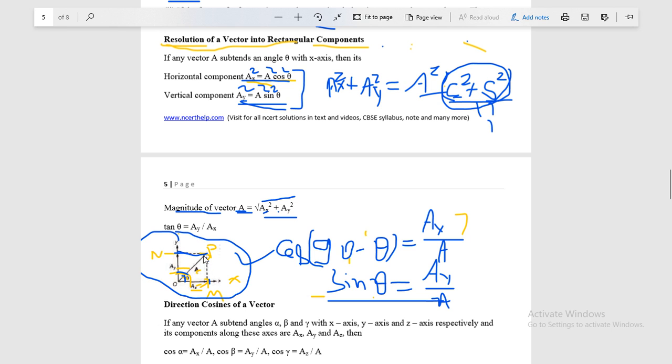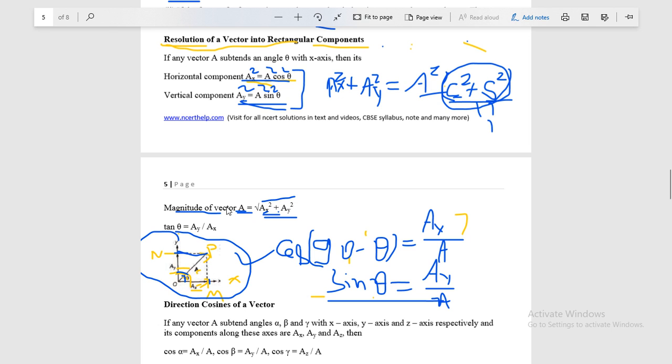Okay, and in this triangle, this one is the hypotenuse, this is ax, and this perpendicular is equal to ay, so the magnitude of this part is equal to ay. It means this a can be calculated by using Pythagoras theorem, and this a is at the place of the hypotenuse of a right angle triangle. So I hope you understand why this formula is here.